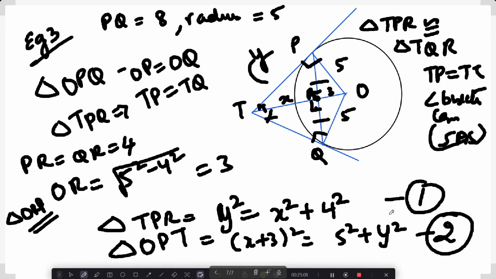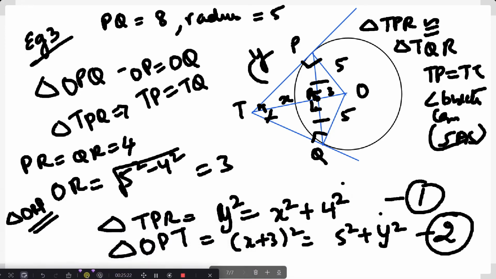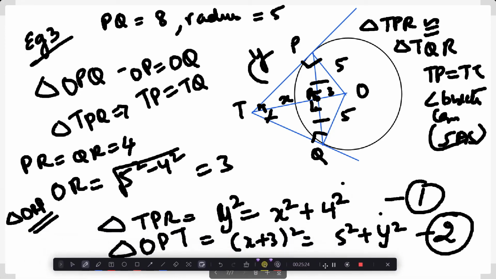ठीक है. Now we have to solve for these 2 equations. Solving for these, we get x and we get y, and the answer is for you guys. I'm not solving that here. I'm assuming you guys can solve that. It's also an example question. So you would be able to get it from there. I'll just do one more example and then we'll call it a day for today.